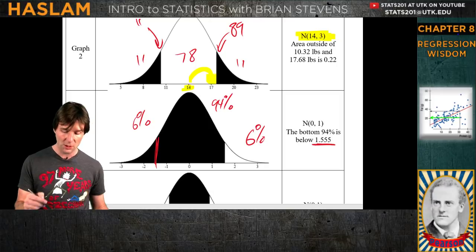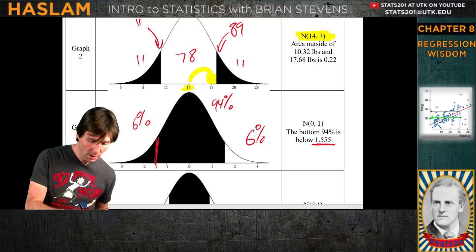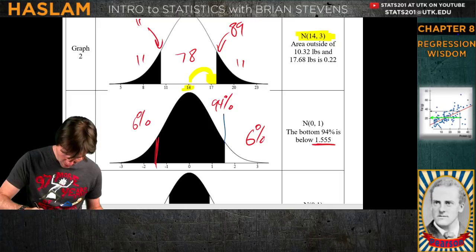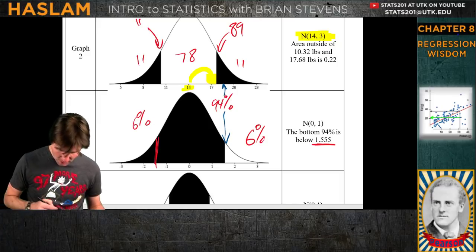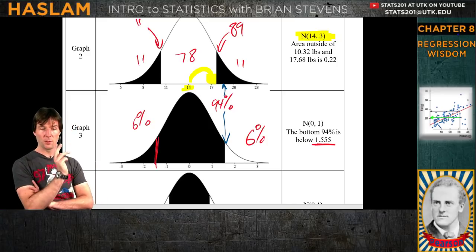So each of these standard deviations is 3 right there. If I want to turn 1.55 back into a number, I want someone to take a guess what this would be close to. Look at this right here. If you were to trace and look, give me a guess of what the number might be. Look at where it would hit on the curve, on a real number. Just take a guess of what it might be.